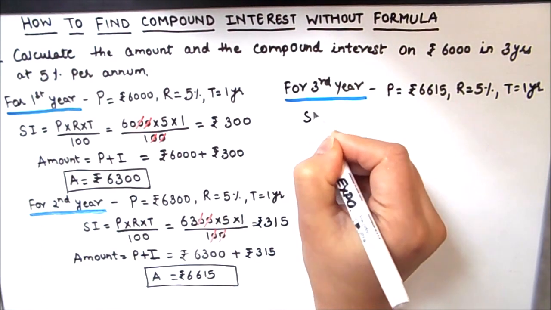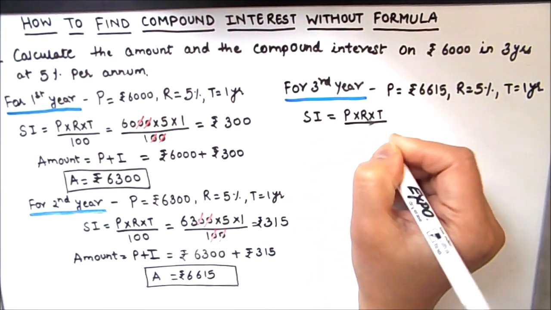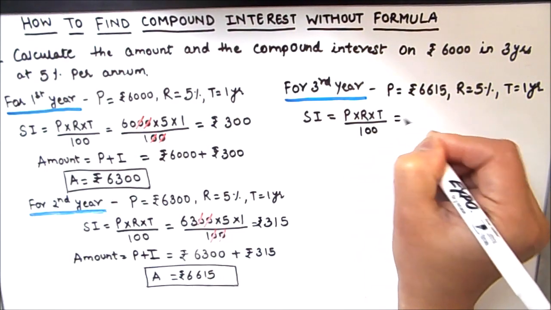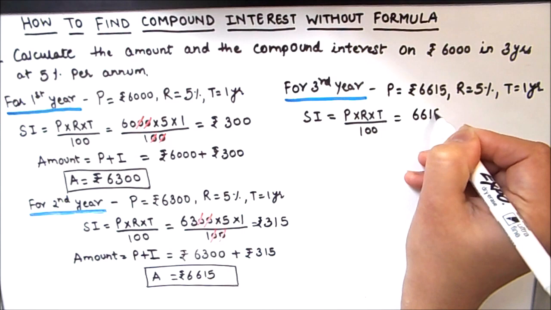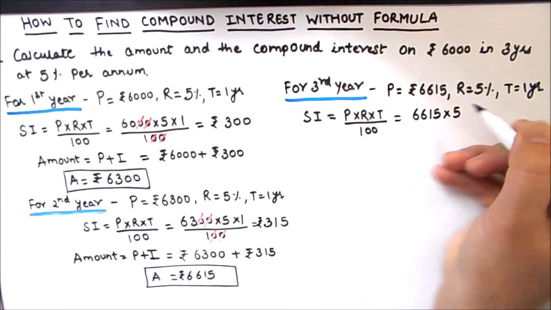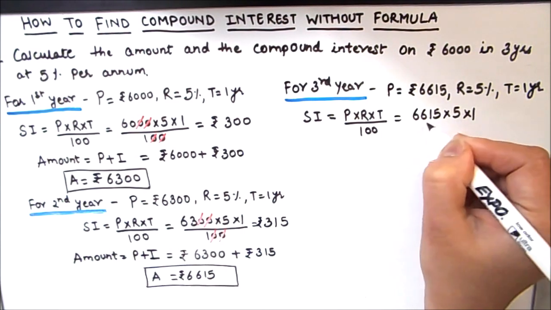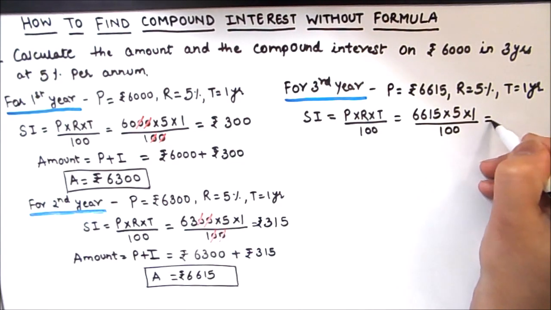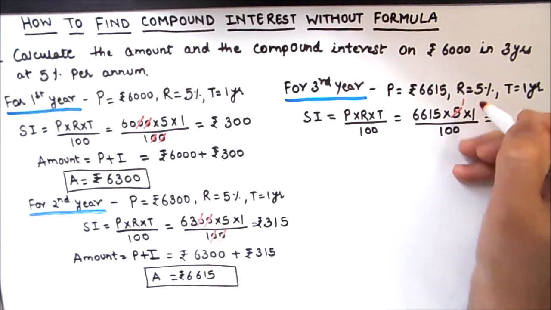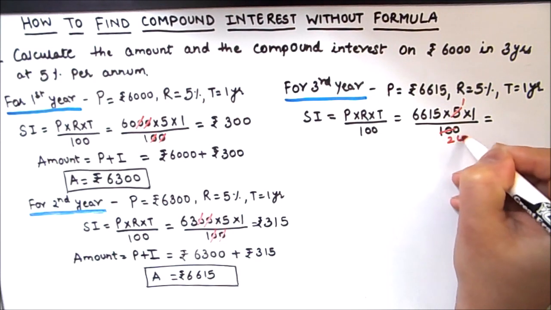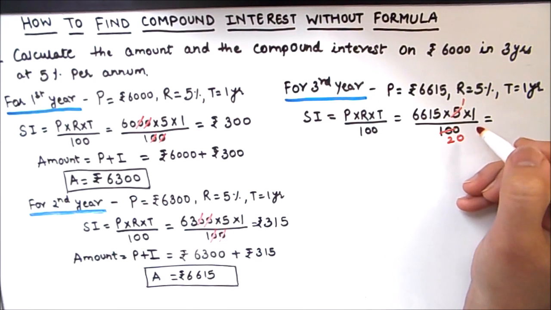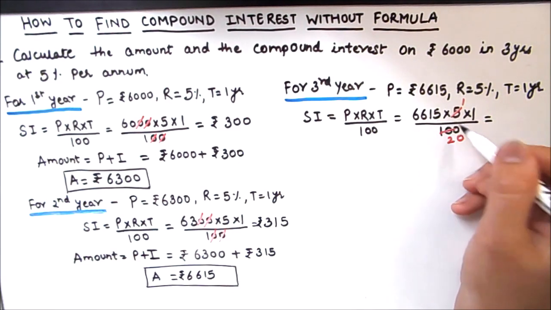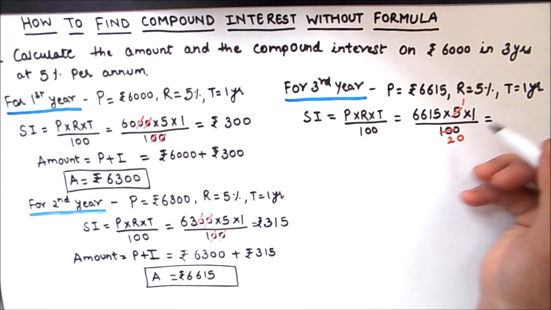Now simple interest is equal to P times R times T divided by 100, which is equal to 6615 times 5 times 1 divided by 100, which is equal to 5 times 1 and 5 times 20, and then we are going to divide this whole thing by 20. After dividing 6615 by 20, we get